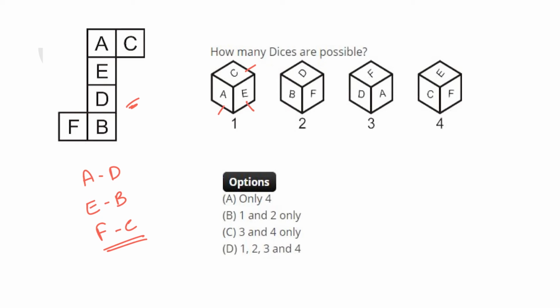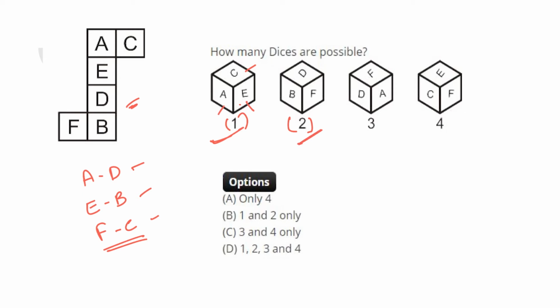There is a possibility that these 3 can be adjacent, whereas an alphabet or a symbol or a number that is opposite to the dice, it cannot be adjacent to the dice. So when you see one number or an alphabet, you cannot see the opposite of the dice. So that is a very simple logic you have to remember. So dice 1 is possible, and from dice B, you can see this is also possible because no